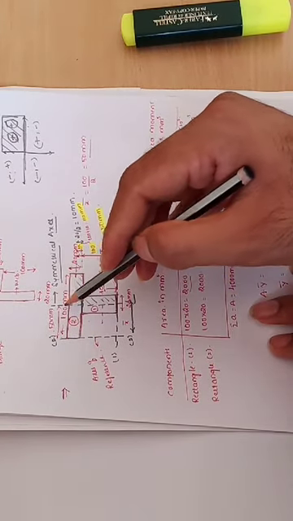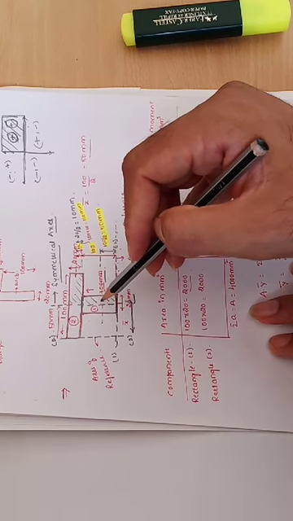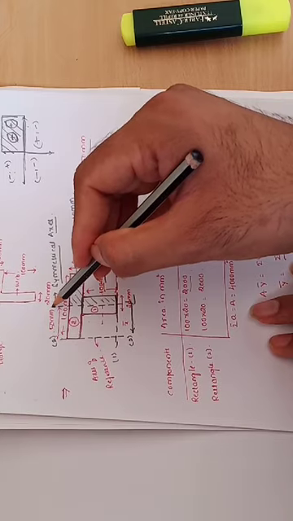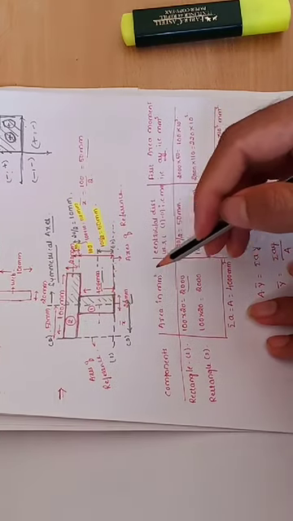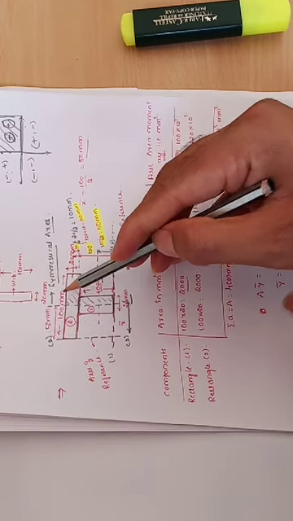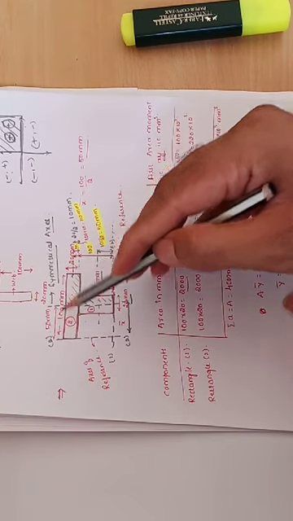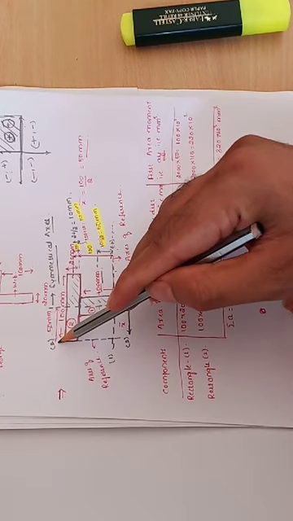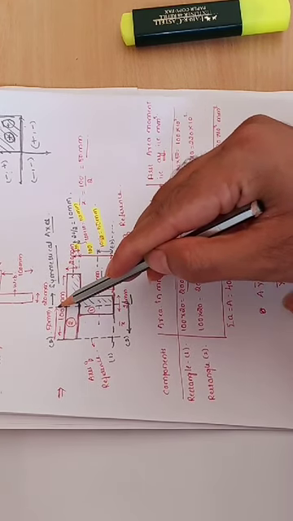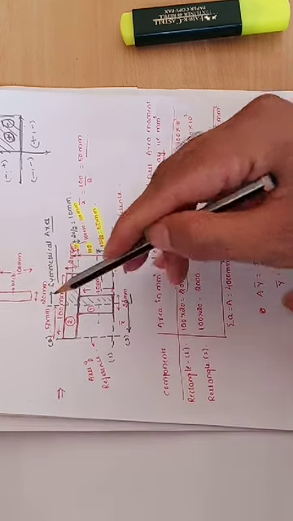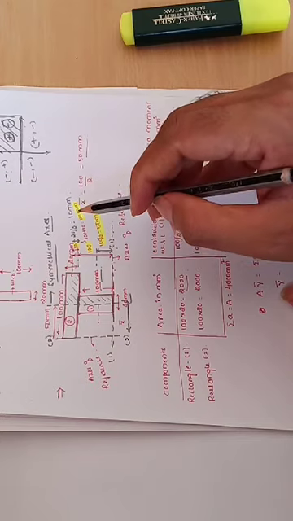But if the symmetrical axis is present, in that condition your CG value, which is the centroidal distance, will be lying on this symmetrical axis. So that's why I directly get total 100 divided by 2, half of the total width. Because this is your reference axis, with reference to this, the exact centermost position will be 50. So that will be 100 divided by 2. So half of my work is finished, 50% of the work is done.